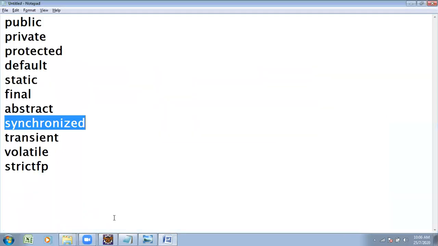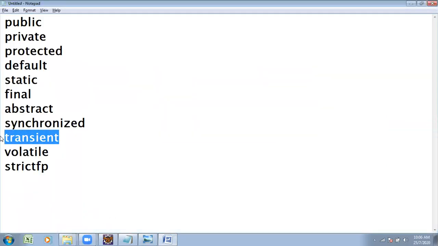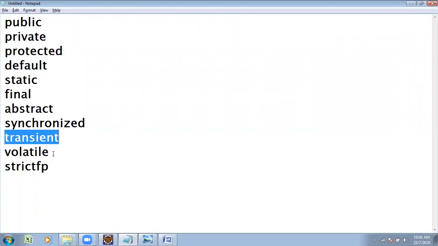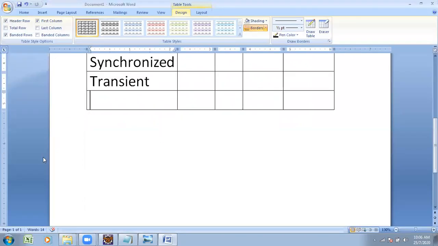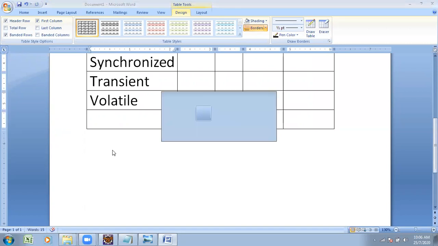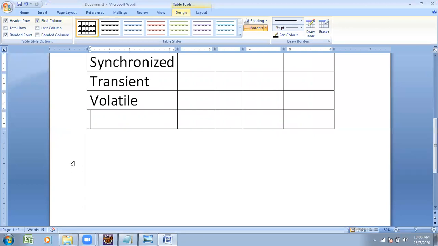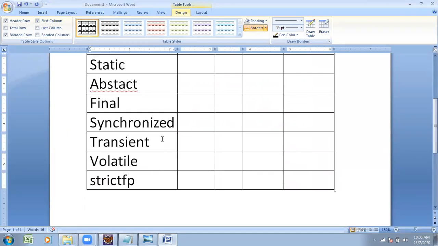Similarly, one more is the transient modifier, as well as volatile. The last one is strictfp. Strictfp was not there originally; it was added from JDK 1.2.